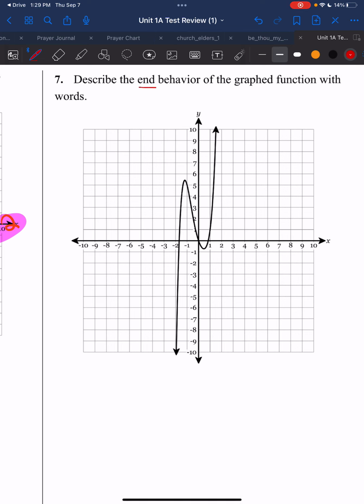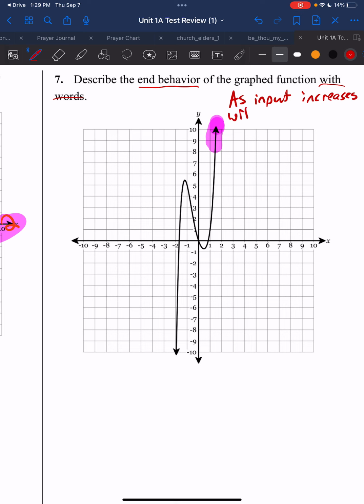So then it says, describe the end behavior with words. Okay. And this might seem a little weird, like, what do you mean by that? Well, let's think about our inputs and outputs. So let's graph, like right here, this pink portion, okay? What this is doing is, because I'm moving to the right slowly, and as my input increases,